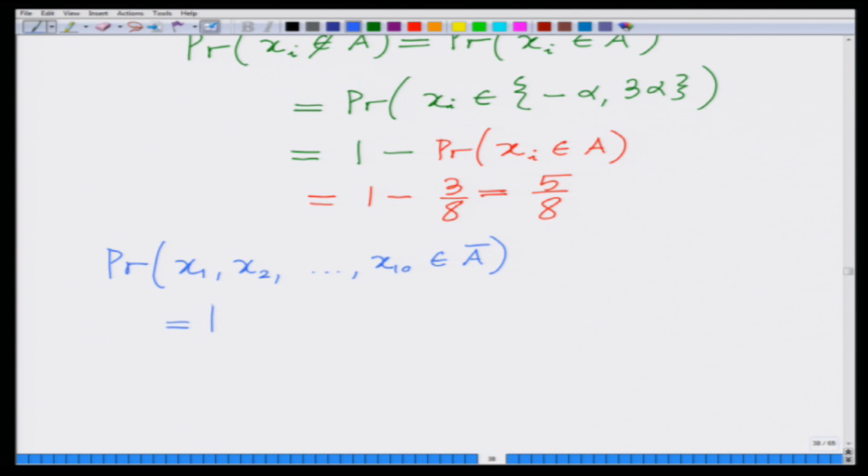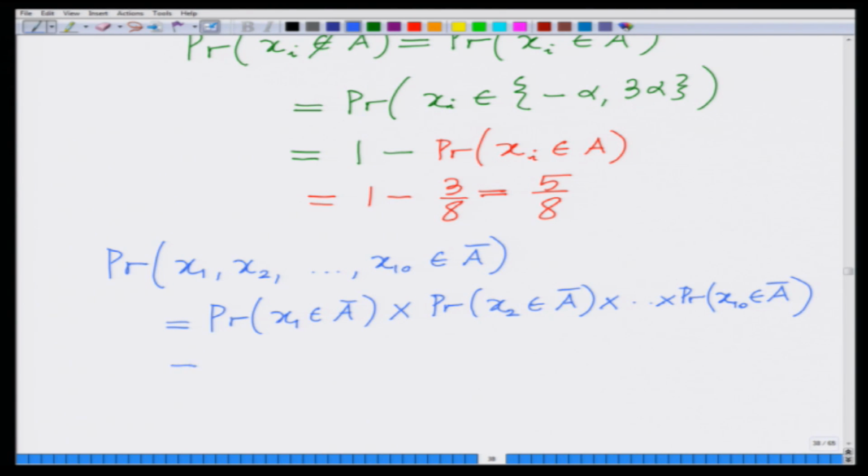Since x1 through x10 are independent, that is simply the product of the probability that x1 belongs to A complement, times the probability that x2 belongs to A complement, times the probability that x10 belongs to A complement, which is equal to